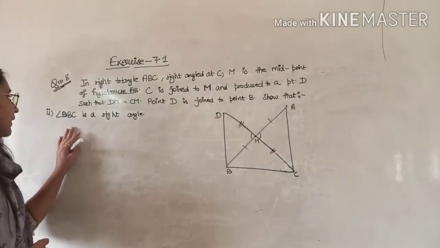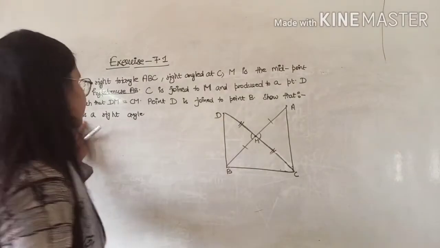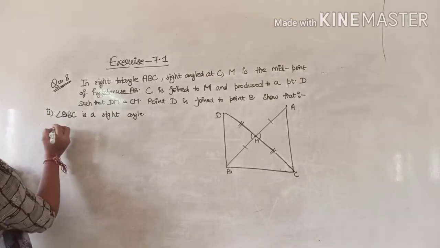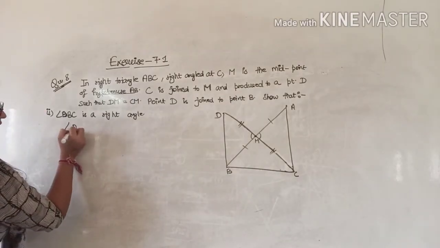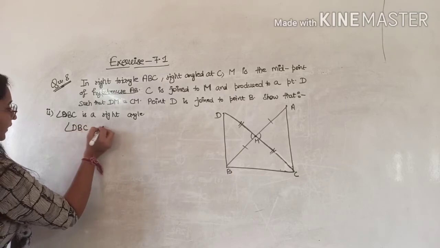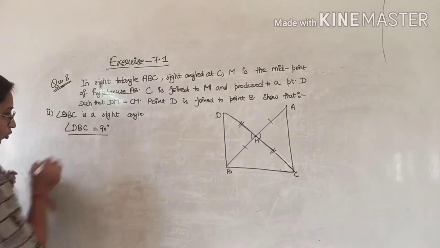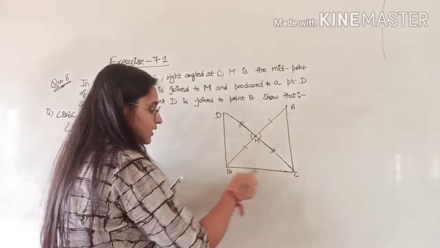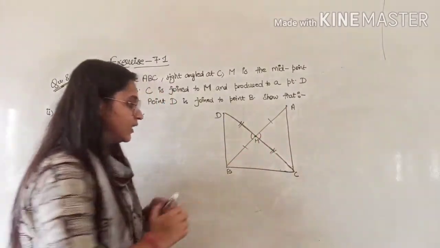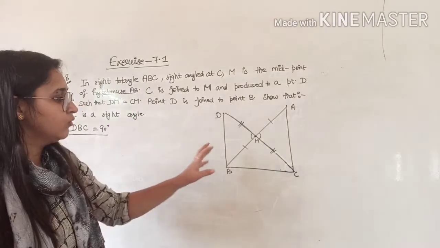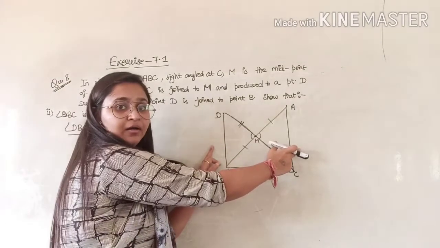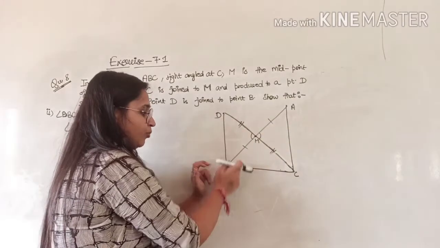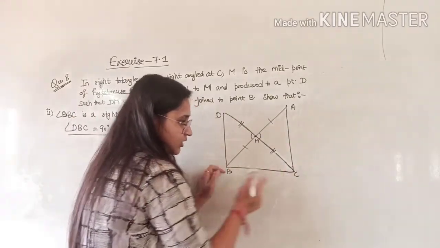Now see the second part. Second part is angle DBC is a right angle. You have to prove angle DBC is a right angle. It means angle DBC is equal to 90 degrees, that we have to prove. You know the given is angle ACB, this is 90 degrees. If I prove that AC is parallel to BD and this is a transversal line,